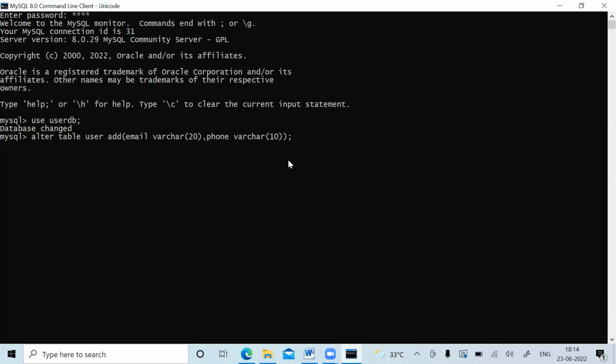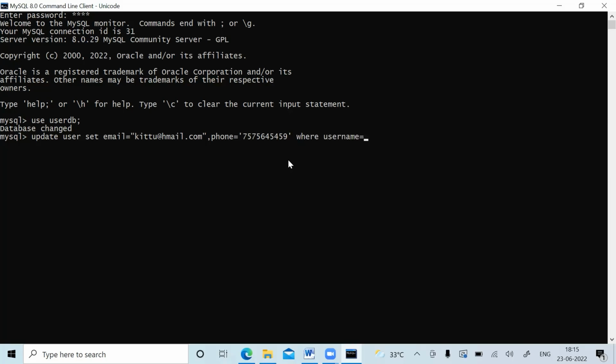After creating these columns, I will use the update command. So I'll say update user, and then set email is equal to, so what is the email that you want to give? Say for example for Kittu, I'm saying Kittu@hmail.com, and then a comma, and then you have to say phone is equal to, and give the phone numbers. Say for example, I have given a phone number here, in single quotes, and then I'm saying where username is equal to,